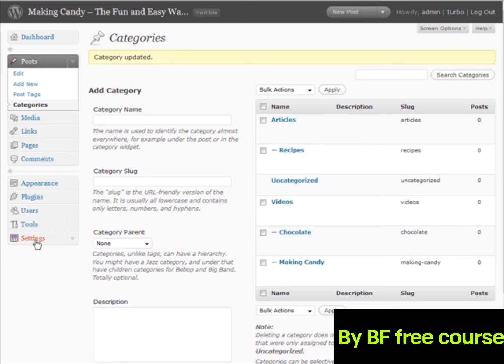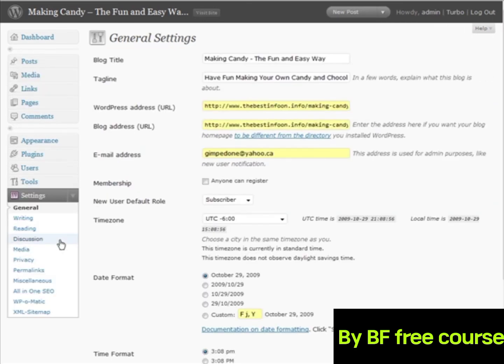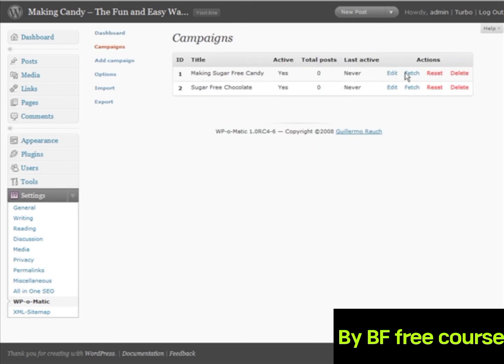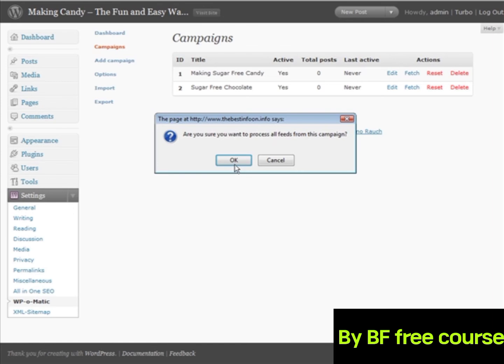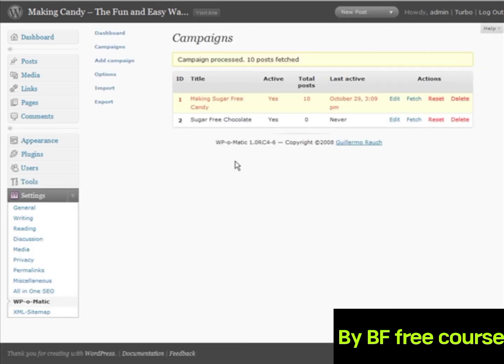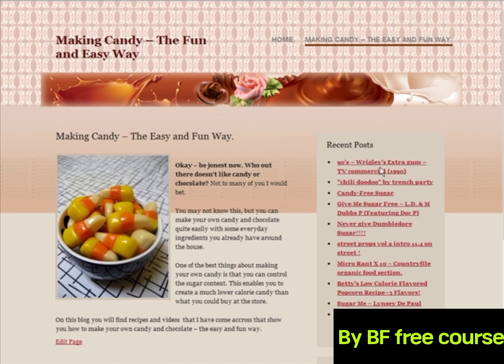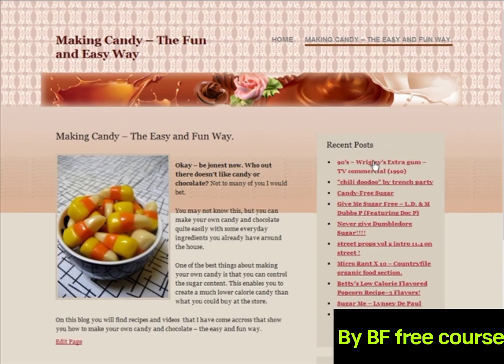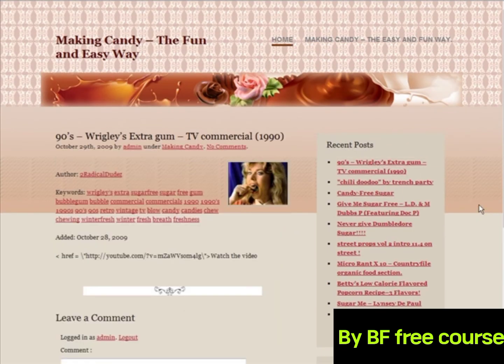Okay, now what we can do is fetch those manually right now just by clicking on the fetch button in campaigns. Let's go to campaigns. If we click on the fetch button, it's going to fetch the posts for us and bring them in. Let's fetch the first one here, making sugar-free candy. Okay, it brought in 10 posts. Let's go visit our site. Okay, and here are our recent posts. Now if we click on the links here, let's click on the first link. Okay, it brings in,